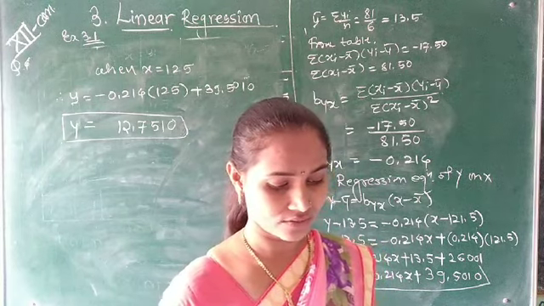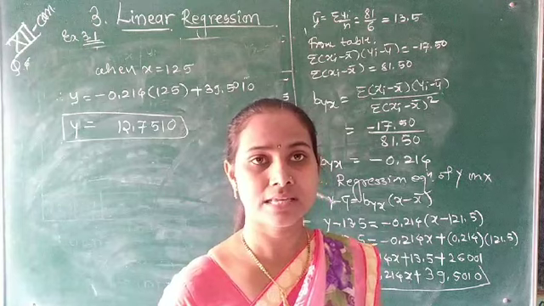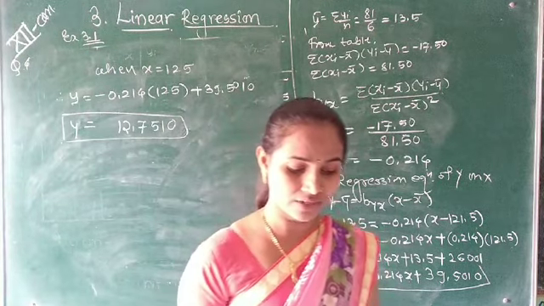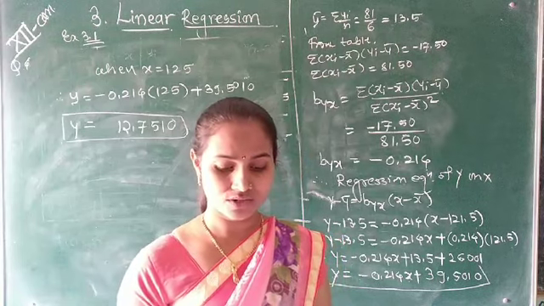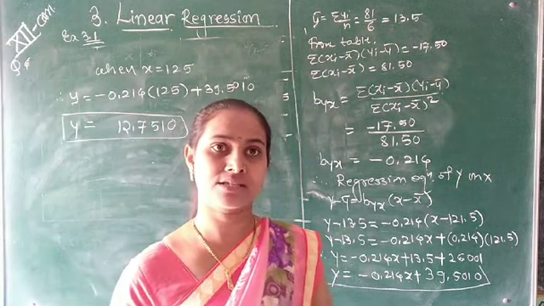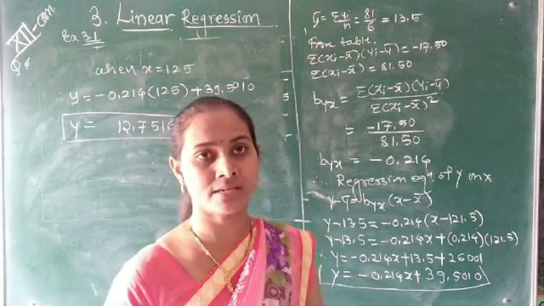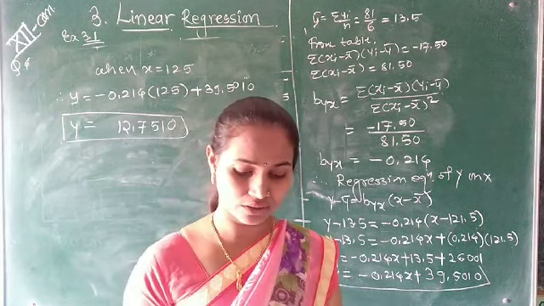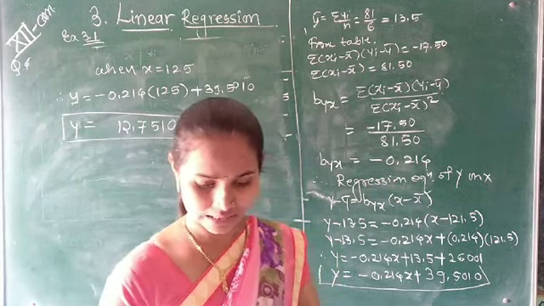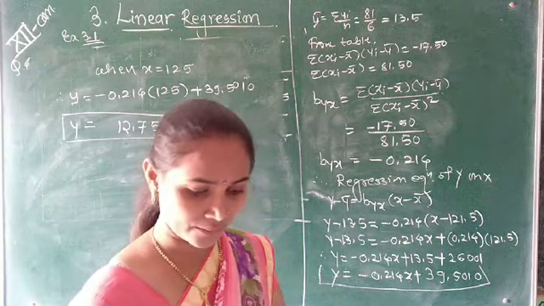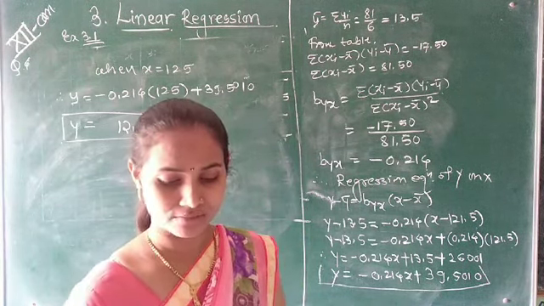That means we have to give one value of x and we have to find the value of y. And in the second question, the test score when the productivity index is 75. That means here in the second question, we have given the value of y and we have to estimate the value of x. In the first question, we have given the value of x and estimate y. So you should try to solve this example, which is also a very easy question, but it is lengthy. So I am not solving this question here. I am taking the next question, that is question number 6.